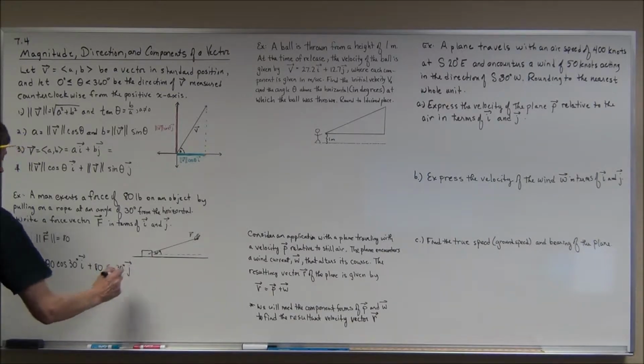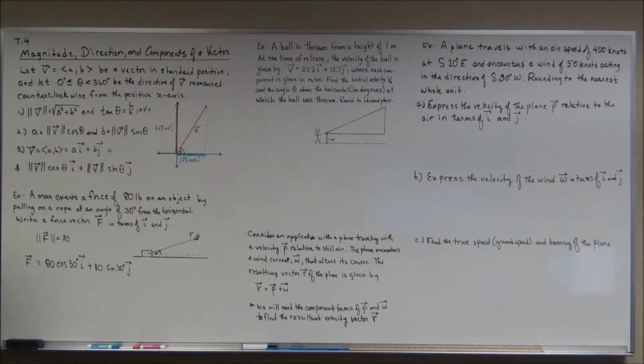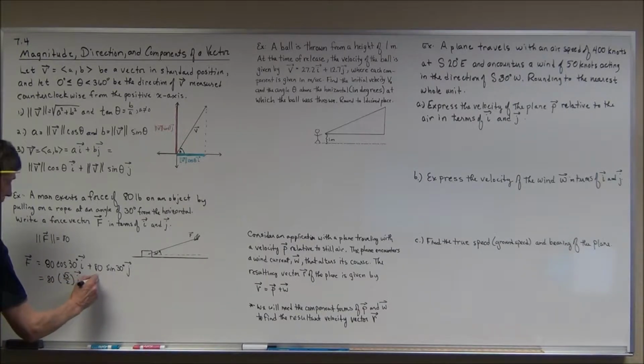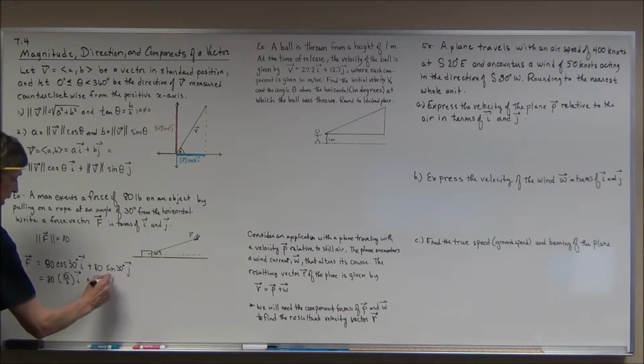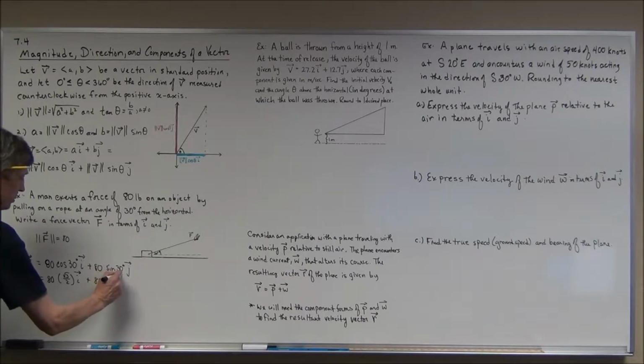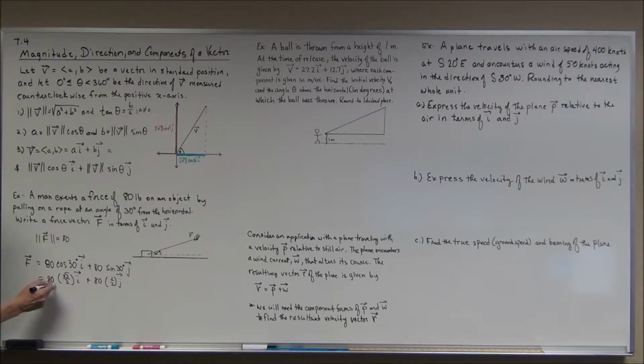j, vector j. Well, excuse me, let's try that again. The cosine of 30 degrees is the square root of 3 over 2. So this is 80 times the square root of 3 over 2 times vector i, and 80 times the sine of 30 degrees, which is 1/2, times vector j. So I'm going to simplify a little bit. And I have 40 square roots of 3 times i, which I'm going to write as 40